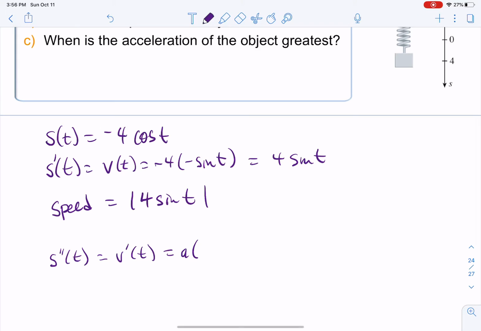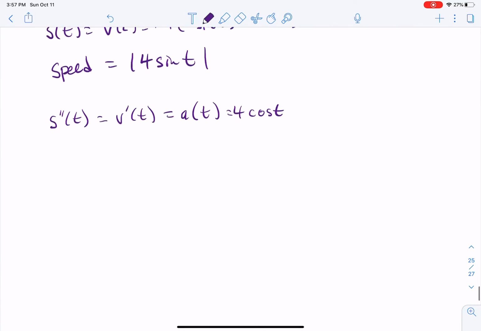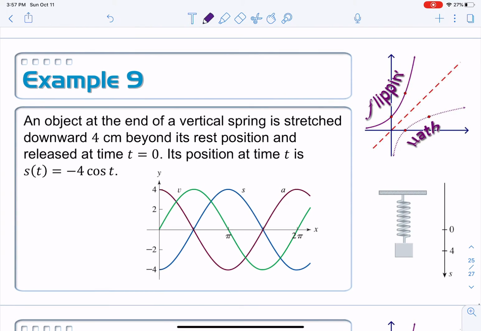Acceleration is going to be 4 cosine. Okay, so then we scroll down here and we'll see all of those little graphs. Let me just remind you, this one is the position, which S of t was equal to negative 4 cosine t. And then our velocity function, v of t, was equal to 4 sine t. And then finally our acceleration,